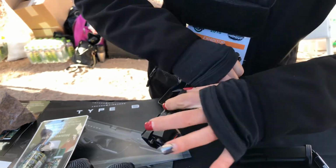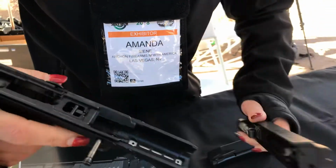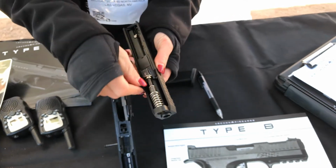Takedown pin. But eventually, the manufacturing is going to take place here. Trigger. Oh, okay, great. How long have you guys been in business? Our hands lock,